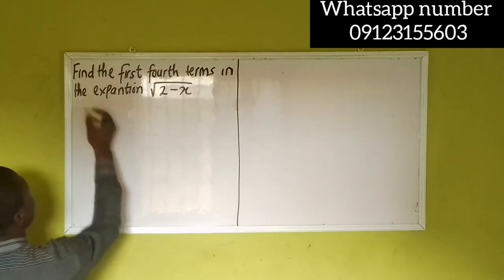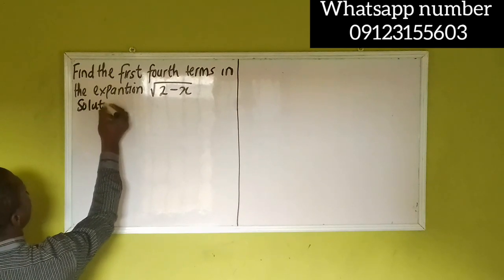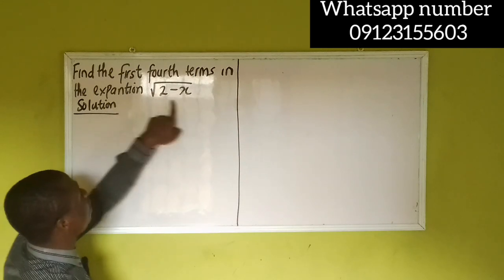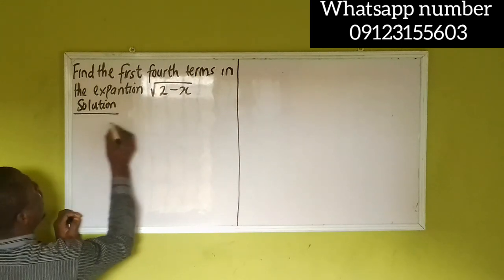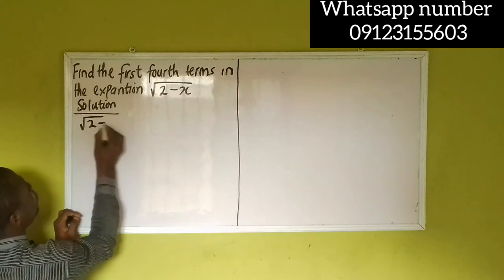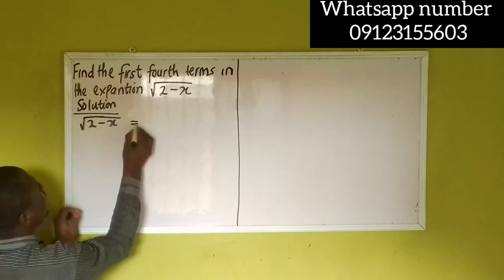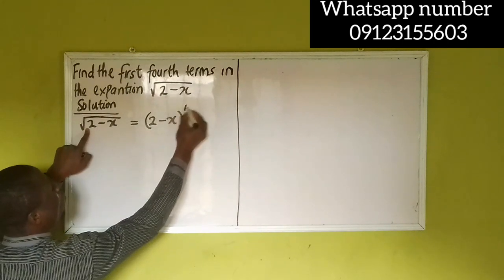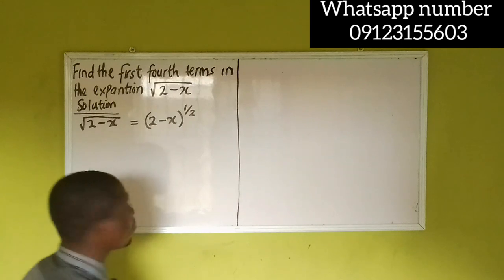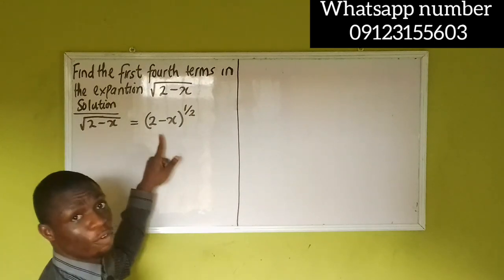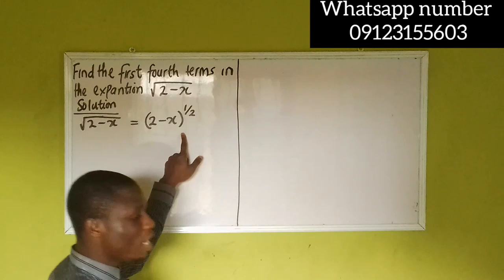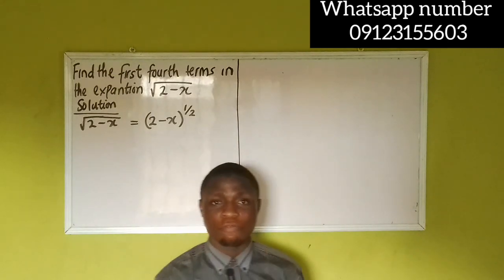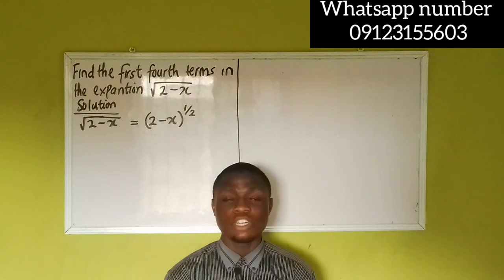So to do that, I will express this in index form. If I express this in index form, root 2 minus x becomes 2 minus x to the power of 1 over 2. I have expressed this in index form. Now, from the idea of binomial theorem of rational or negative index, we discussed the